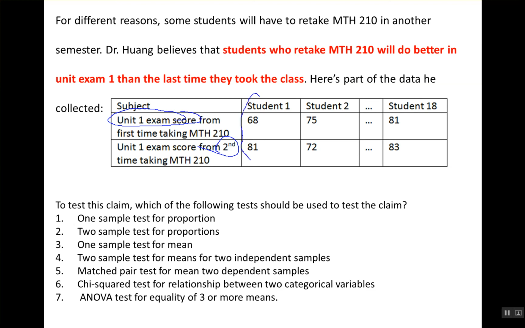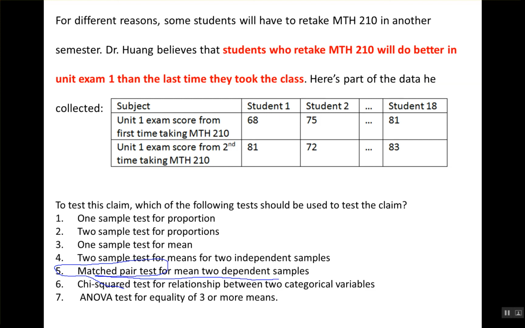So for each student, there are two numbers collected. One is unit exam 1 from the first time he took it. The second one is the second time he took it, right? So these numbers come in pairs. They're from the same person. Therefore, these two samples are dependent samples, right? For dependent samples, when we test their mean score, we use the number 5, the matched pair test for mean